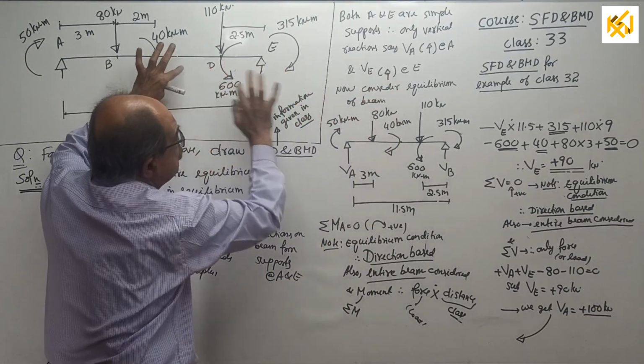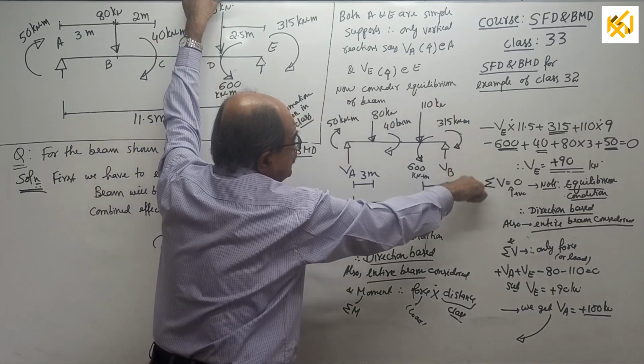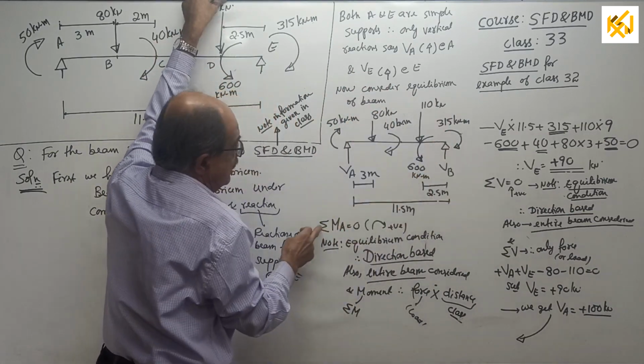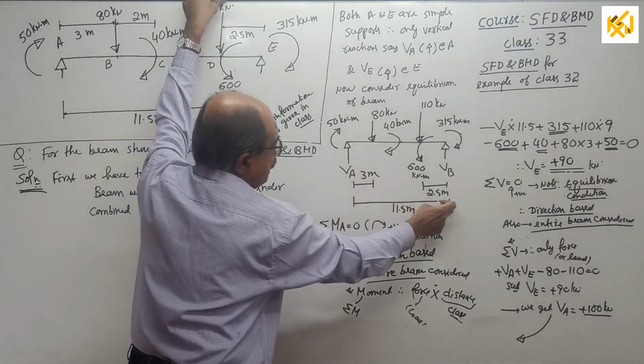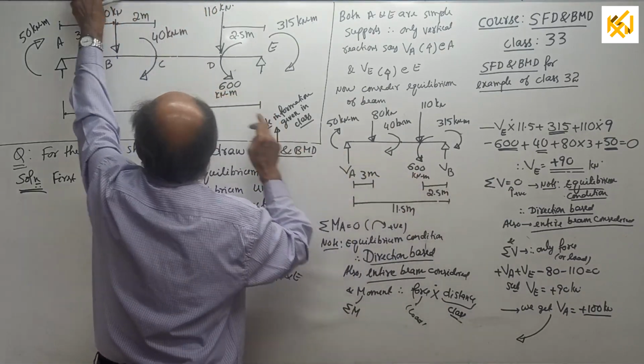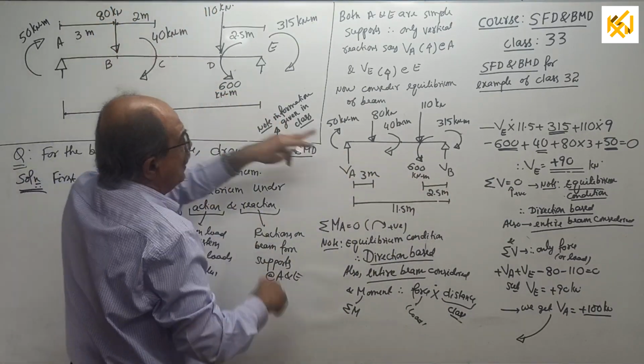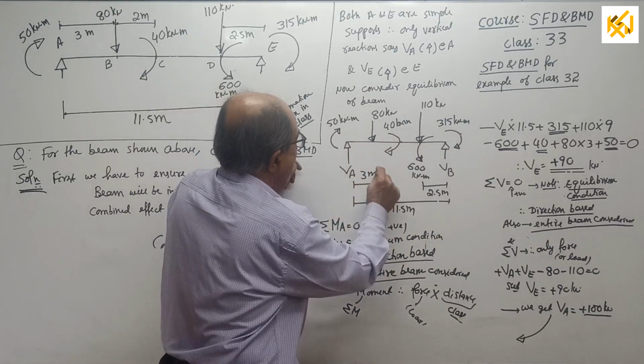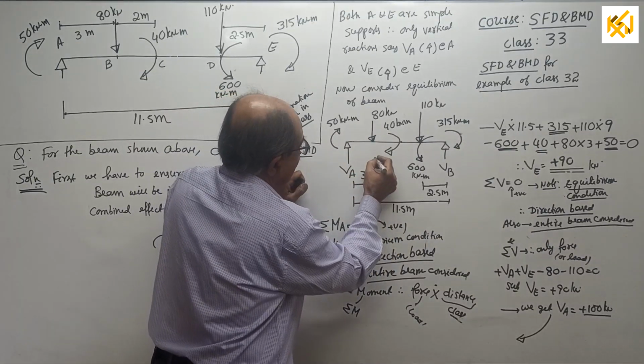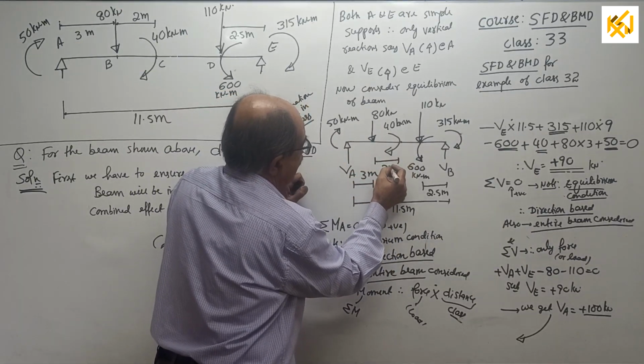Now, once again put the beam here. The purpose of this beam is to find reactions. I wrote once again here 11.5, 3 and 2.5. The couple location is not required here. If you want, you can write here. This is okay, write what is there. Further 2 meter. Okay.